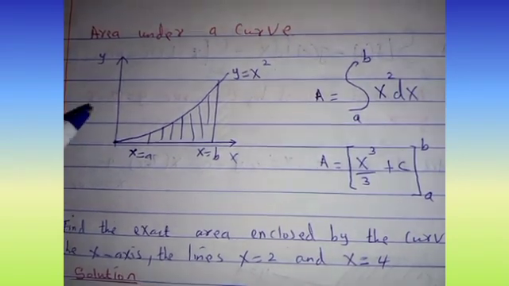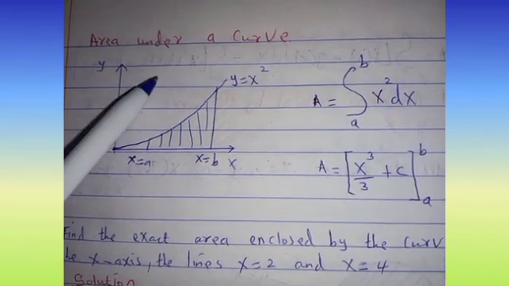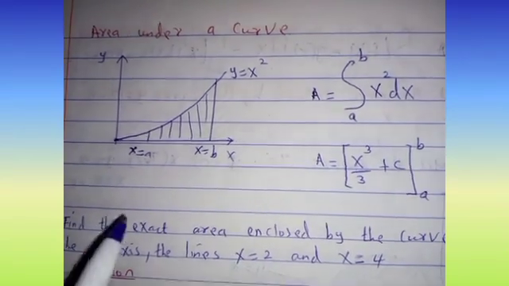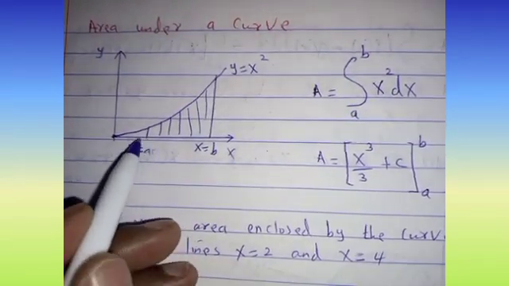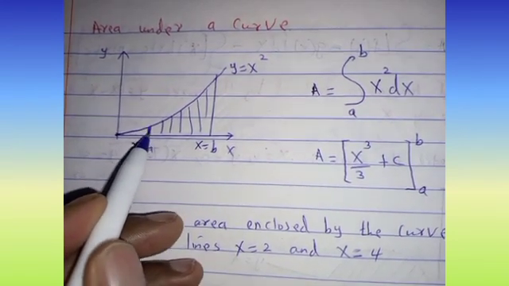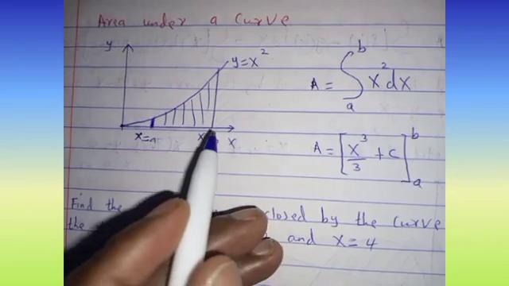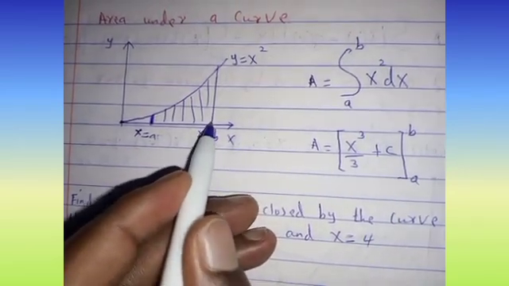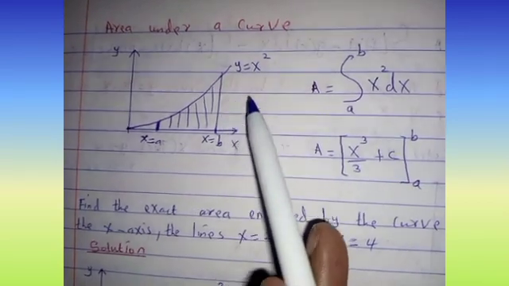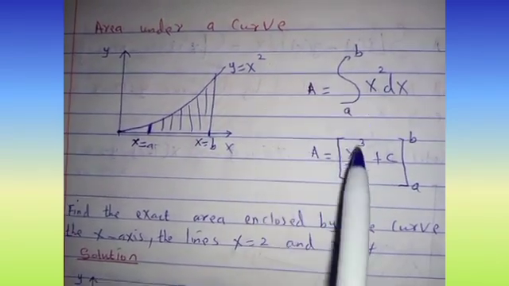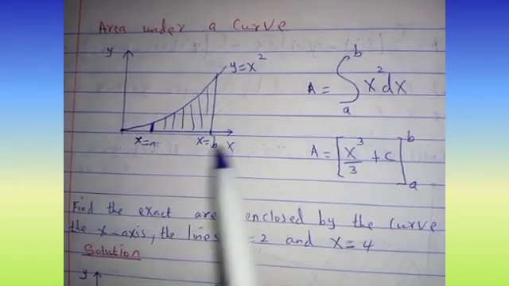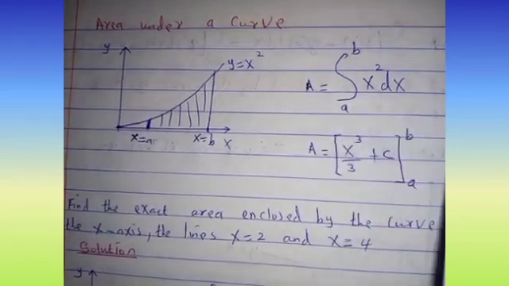We can use integration to find the area under a curve, as shown here. In this case, our area begins from x equals a, and it ends at this point here. The curve we are considering is y equals x squared. To do that, we simply integrate our curve from the lower boundary, which is a, to the upper boundary,